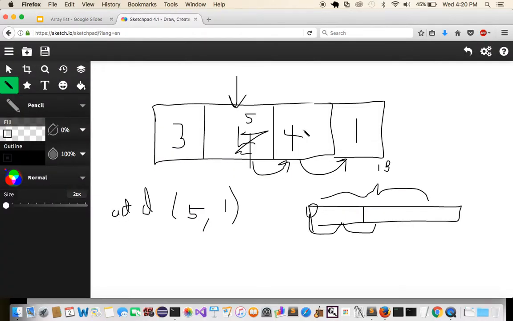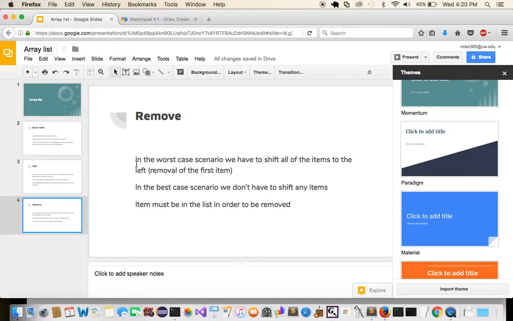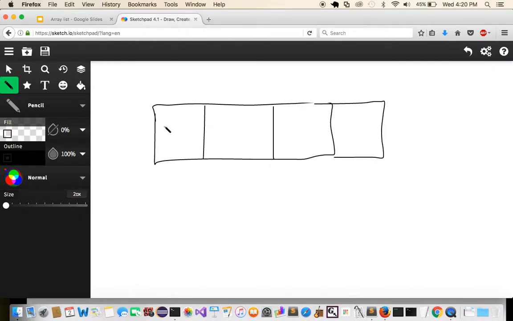Now, I'm going to start a new array and deal with the removal method. So the worst case scenario for a removal method is that we happen to remove the first item. The problem with this is, let's say that we have 5, 4, 6, and 1. If we happen to remove this item here, we want to shift these items over to the left so that we can do some valid indexing through our array,